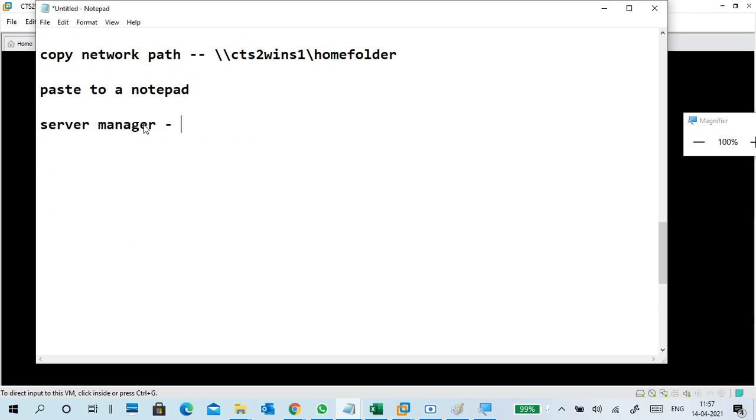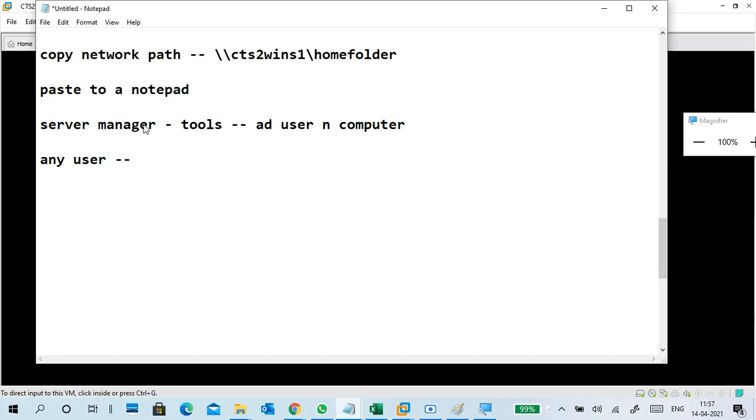Go to Server Manager, Tools, Active Directory Users and Computers, which I already opened, so I don't open it again. Go to any user, IT user 1, IT user 2, any user, fresh login or no login, no problem. Currently logged in, also no problem.